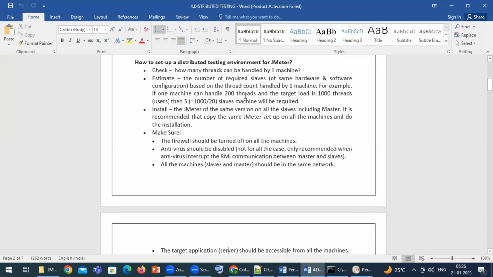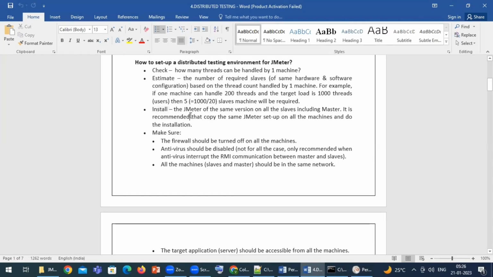If a machine can handle 200 users, and you have to run a 1000 user test, how many machines do you have to use? 5, right? So you can distribute 200 users across 5 machines. That is an estimation we can make.